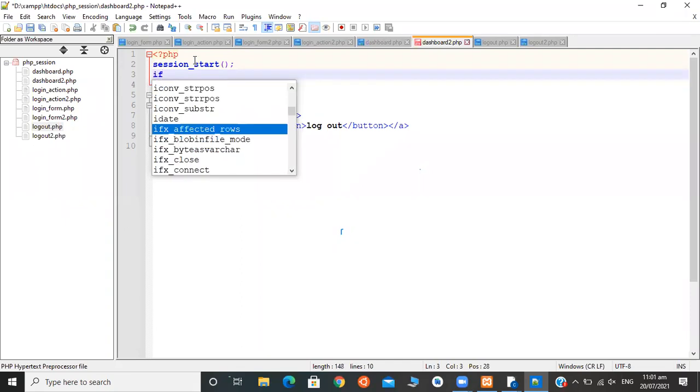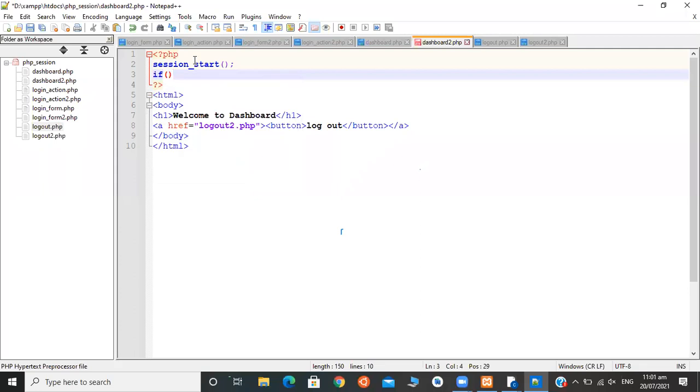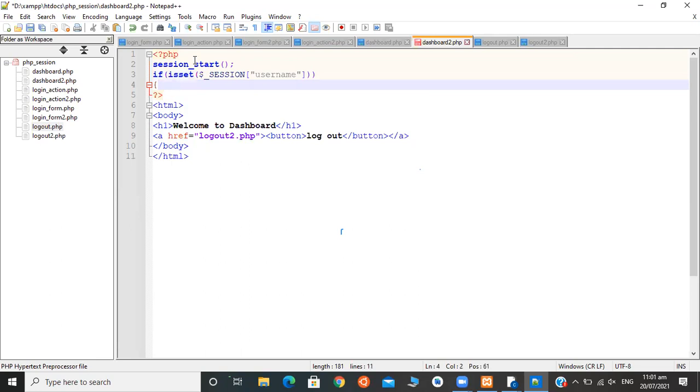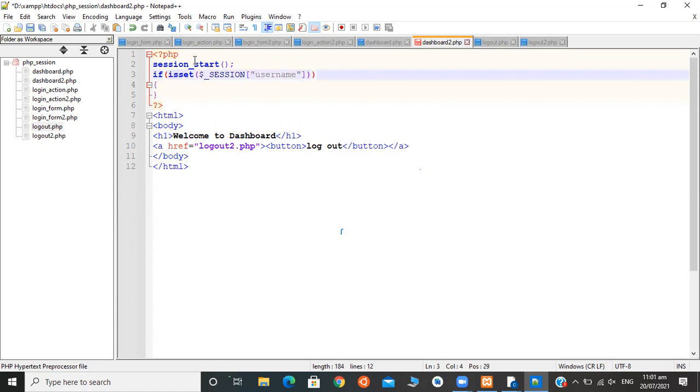Next we are checking if it is present or not. If it is set, $_SESSION username. If it is set, then what we have to do, having a not operator.